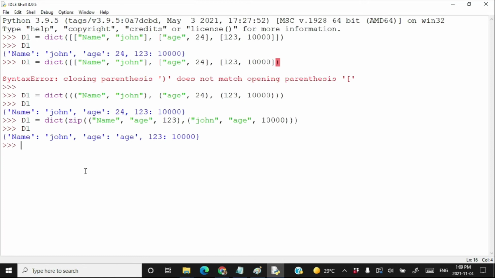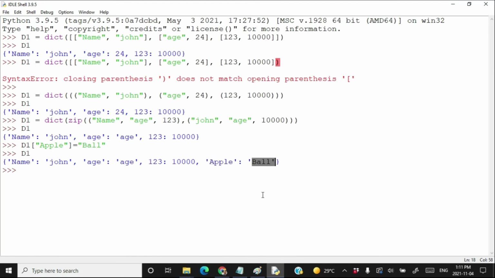As we already have seen, we can create an empty dictionary and further we can add various elements to that dictionary. Even after a dictionary has been fully created, you can create a new element in that dictionary with apple as its key and ball as its value. Press enter, type D1 and here you got your dictionary with one more element where apple is the key and ball is the value.